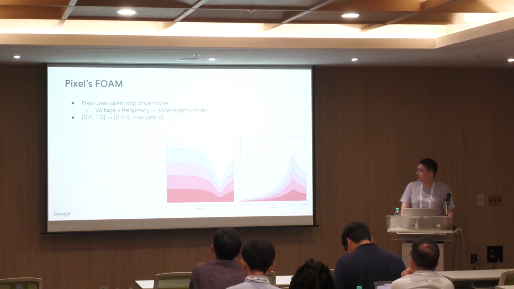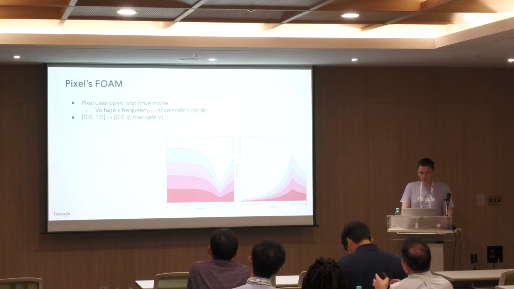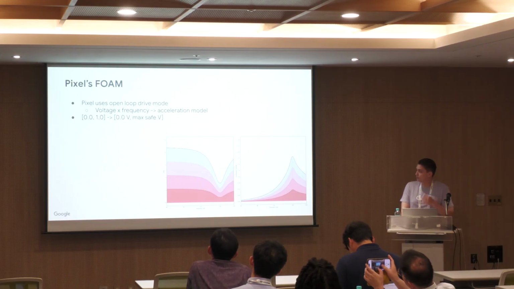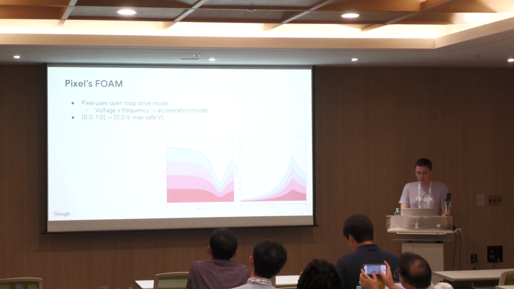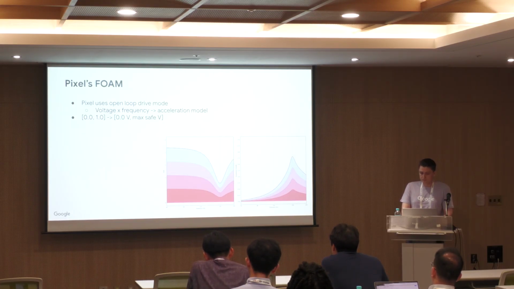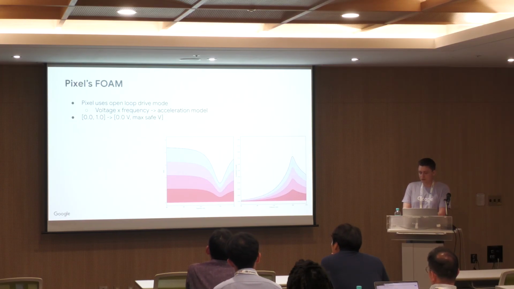This is an example of a frequency to output acceleration map on a Pixel phone. Currently Pixel phones use an open loop drive mode when they're generating PWE effects. The underlying acceleration model we use maps voltage and frequency to acceleration. We then map the amplitude range using this acceleration model to the voltage range. So for each frequency, we know that the map exposes